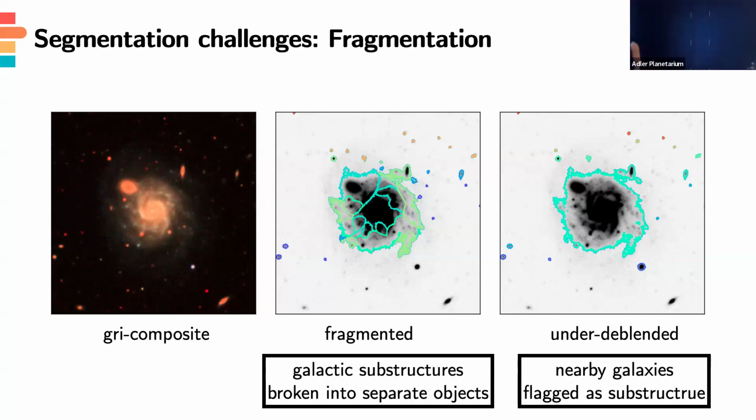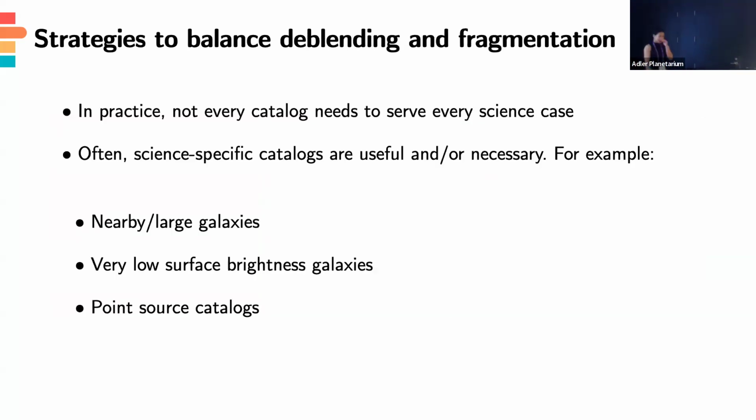If you over deblend, then your galactic substructures get broken down into smaller pieces and separate objects. If you under deblend, nearby galaxies really get flagged as substructure of these brighter objects. So we want to be in the middle. We don't want to over deblend and we don't want to under deblend, but what are the actual strategies to balance fragmentation and deblending? So I don't think that there's a silver bullet that can answer every science case